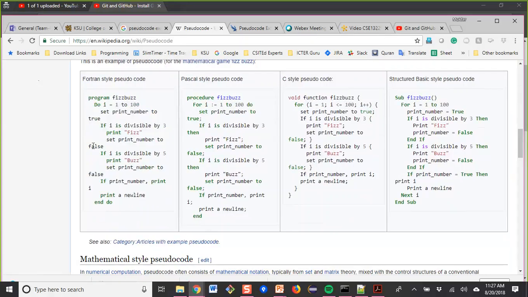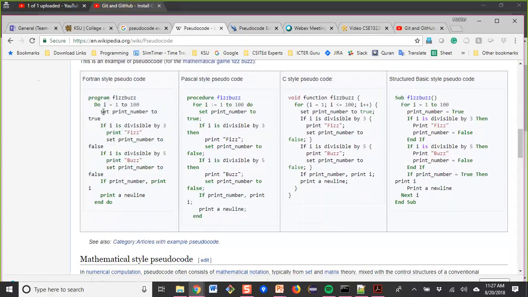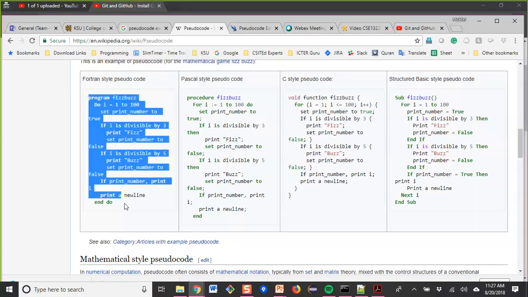You describe the steps starting from the top and going to the bottom. When you write your pseudocode, it is easy to go through each step to write the appropriate program code in your preferred programming language. So pseudocode is programming language independent.